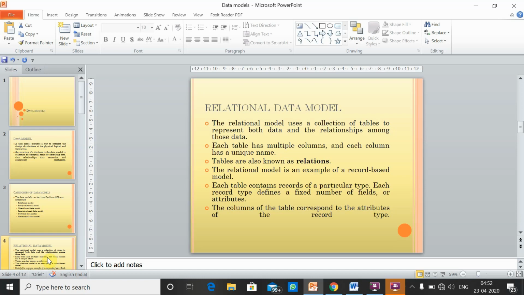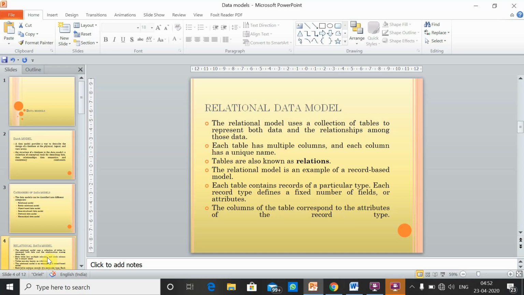Relational data model. Now this relational data model is a collection of tables and records inside the tables. When we talk about tables, each table may have a different number of columns. Each column constitutes a single attribute.